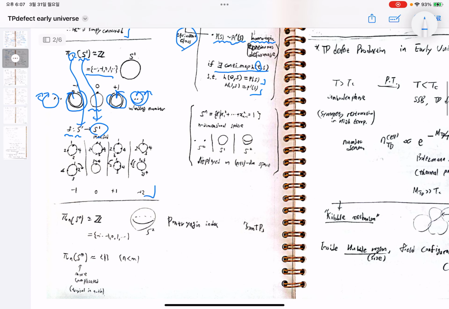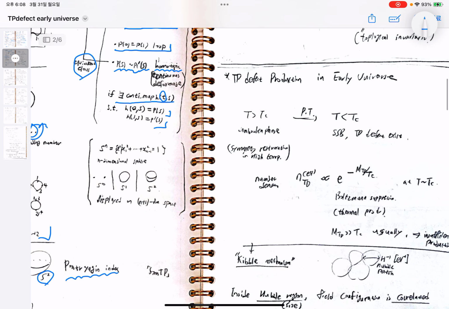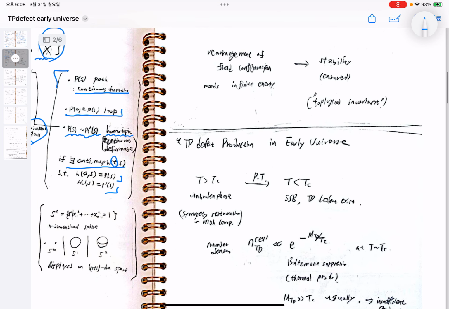In general, the n-th homotopy groups of S^n are given by the integers, and this is called π_2(S^2). In this case, the winding number is generalized through the Pontryagin index. And if the manifold has a more complicated structure, so if the integer m is larger than n, then this becomes a trivial group. From the physical point of view,